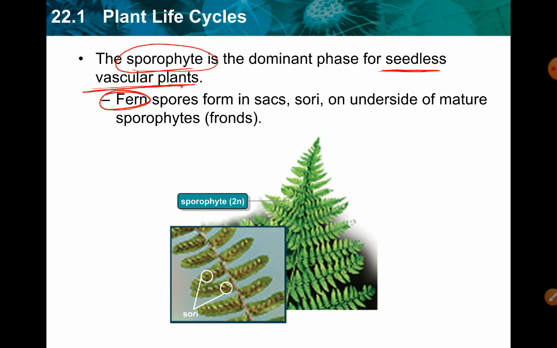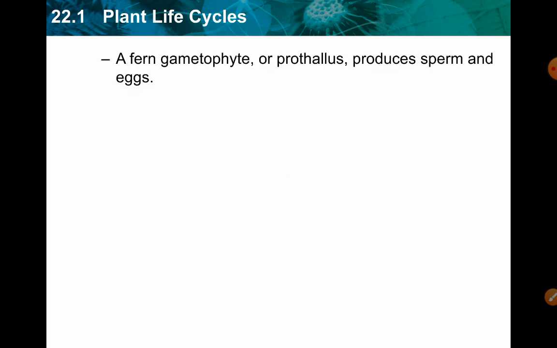We already studied this before. Okay, fern spores are formed in sacs. If you look at this figure, you will find that the lower surfaces of these structures have sac-like structures on the underside of the mature sporophyte, the underside of the fronds. These contain, guys, spores. A fern gametophyte, or prothallus,